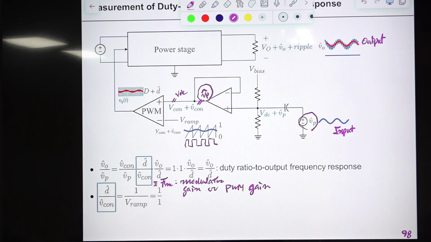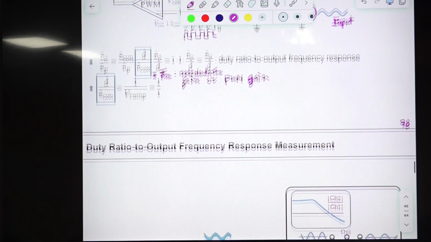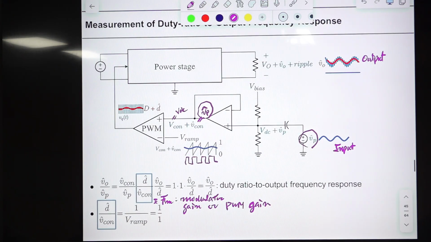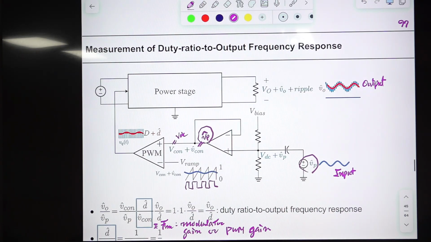Okay. If you use a number other than 1, then you have a scaling factor, but 1 is the best number to use. You don't have to do any scaling, right? Okay, and this should be measured in the operational condition, okay? So, this is operating